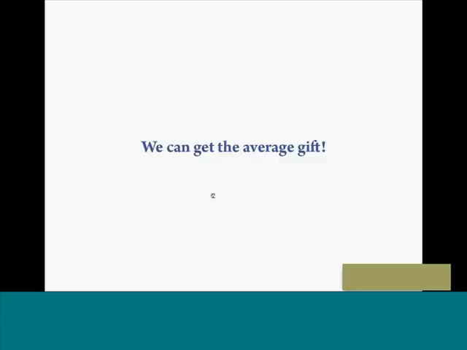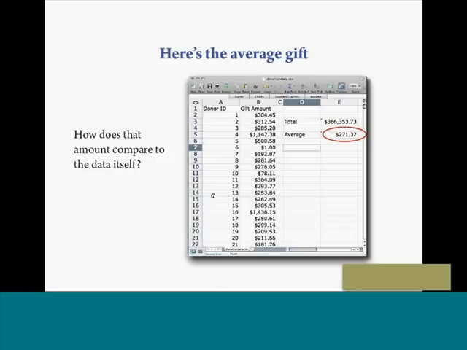Another obvious thing we might do would be just to get the average gift. That might tell us more about what individuals did this last year when they made their gifts. You could create an average formula and take a look at all of the gifts in column B, and you'd see that the average would be, say, $271.37. The reason we would look for a statistic like this is to try to figure out what's typical: if you just randomly pick somebody, what is the gift that they were likely to give? Or at least we might think that is what an average would represent.